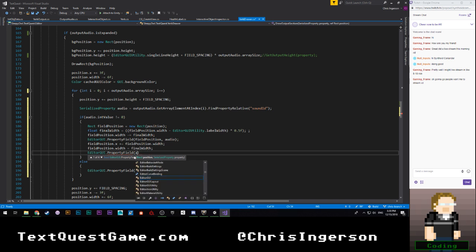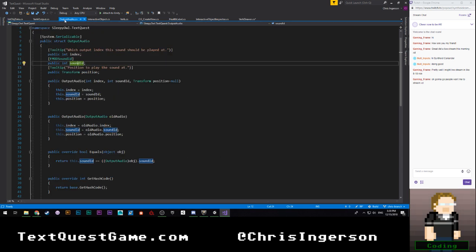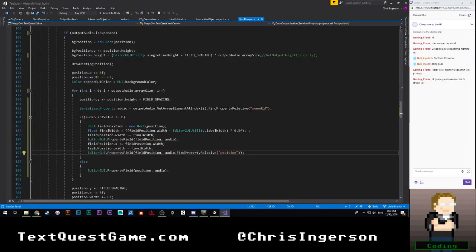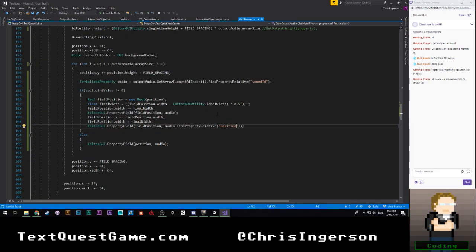No, I can just do this. Audio dot find property relative. Oh, right. This has to be position. So field position. Okay, and this is going to be, I think, transform is what I call it. Position. That's what we called it. All right. So now